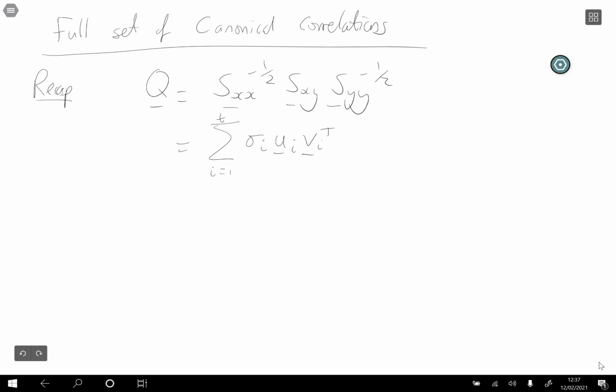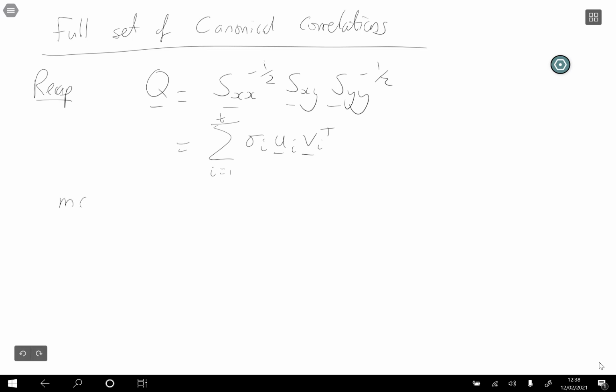Okay, just to recap then, what we did in the previous video was we worked out this matrix Q, which was the inverse square root of the covariance matrix for X, times the covariance matrix between X and Y, times the inverse square root of the covariance matrix for Y, and we took its singular value decomposition. So if the sigma i's are the ordered singular values, u_i the left singular vectors, v_i the right singular vectors,